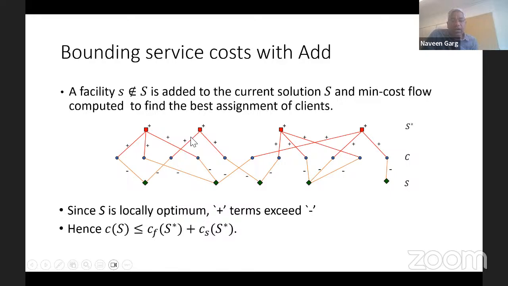Yeah, so the arcs correspond to the service cost, right? This client is served by this facility and so on. So the pluses are exactly the service cost and the facility cost of the optimum solution. And the minuses are the service cost of my solution. So since the plus terms exceed the minus terms, we have that the service cost of my solution, okay, there